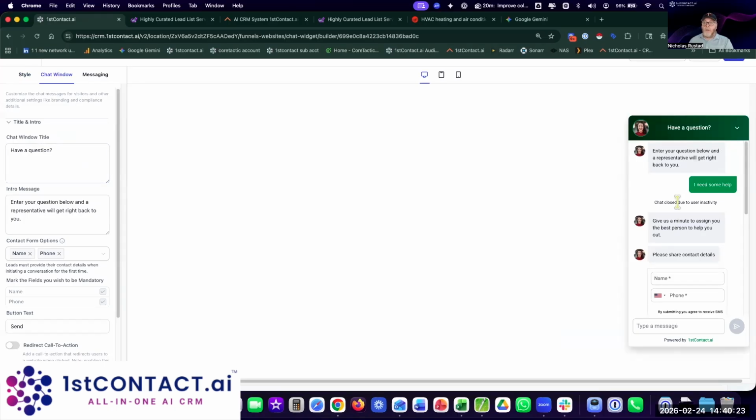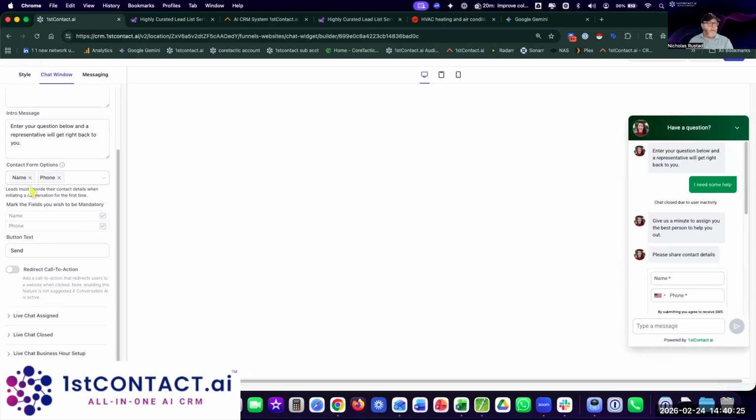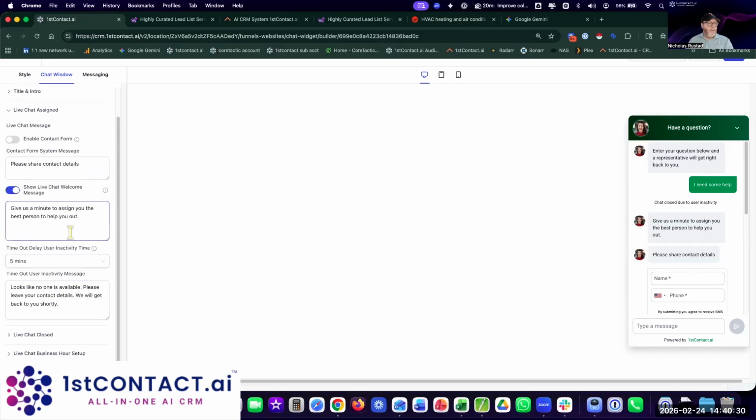Have a question. Okay, so that's up there. We can change that. There's a contact form, so we can pull that information in right away. And then we can also say, hey, just give us a moment. Let's go find somebody. And with the Lead Connector app,